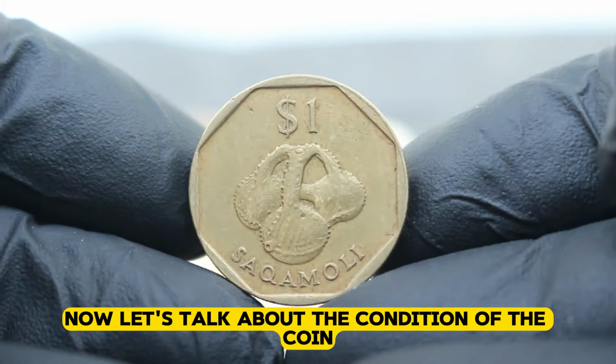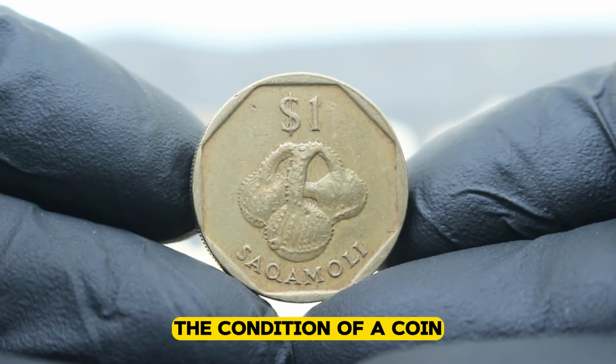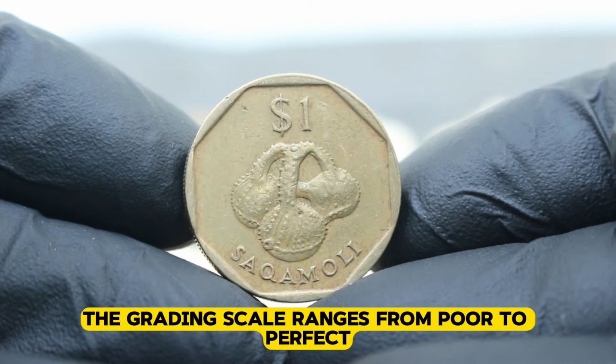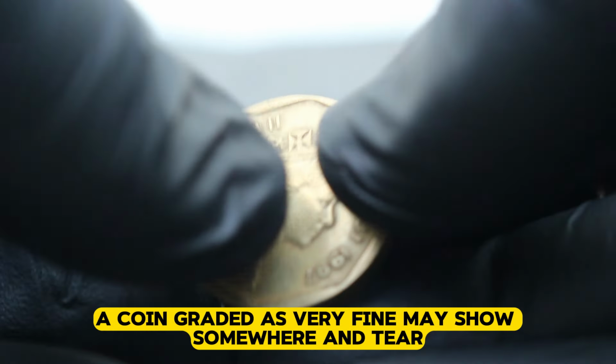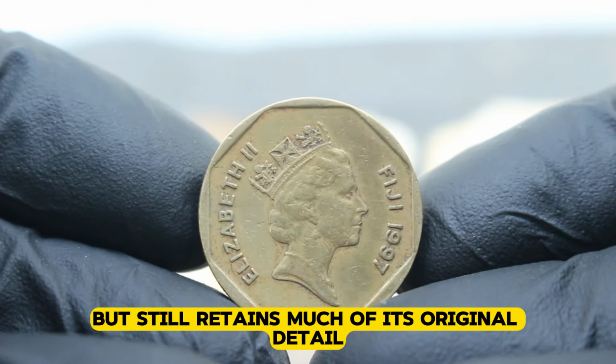Now, let's talk about the condition of the coin. In the world of numismatics, the condition of a coin plays a crucial role in determining its value. The grading scale ranges from poor to perfect, with very fine falling somewhere in the middle. A coin graded as very fine may show some wear and tear, but still retains much of its original detail